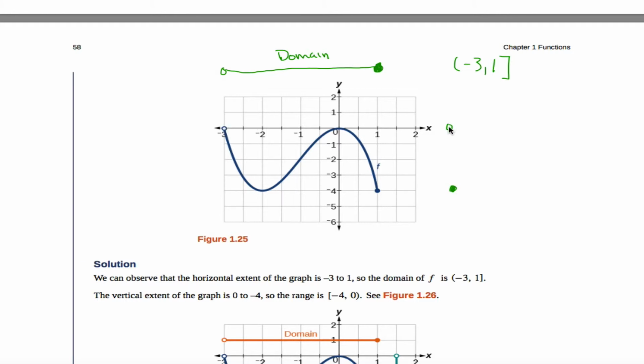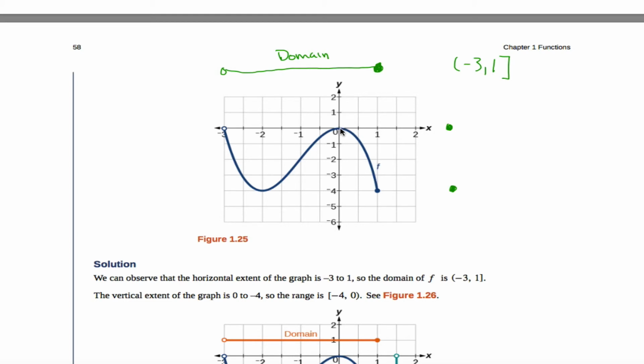I disagree. I think the 0 should be included, not because of this open circle, but because of this point right here. It looks to me like the graph gets up here and touches the x-axis. I mean, I guess there's no way to know for sure unless you zoomed way in. But it looks to me like we're touching the x-axis right here. It looks to me like 0 can come out of this function. If you input, it looks like 0 or maybe slightly bigger than 0, right about where my mouse is here,